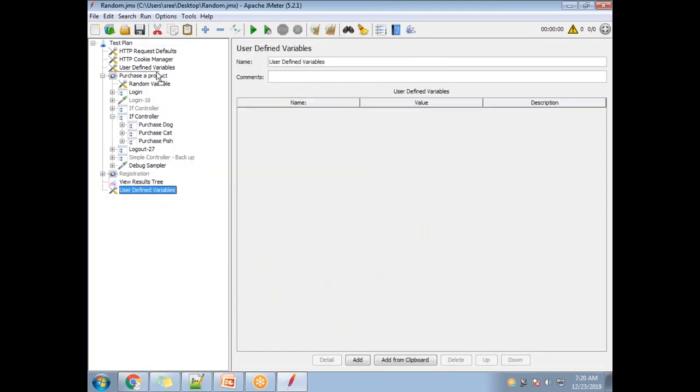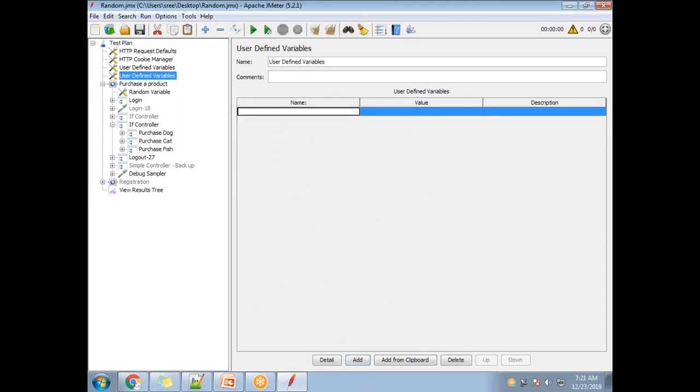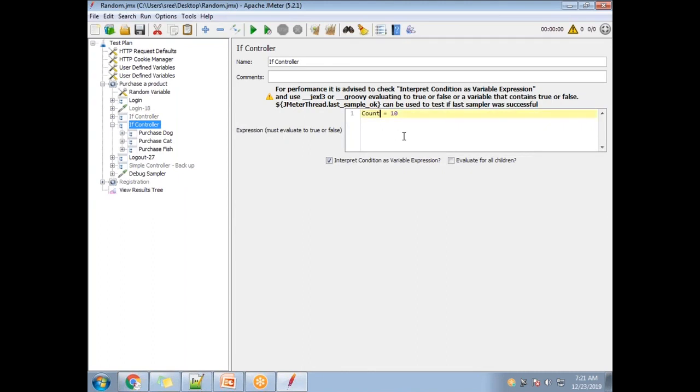Yes. Here, let me add a variable called count and give a value, let's say 50. Now here you say that if count is equal to 15, count is equal to 15. Since this is an if controller, you need not specifically say if again. So just say count is equal to 15, then you go ahead and execute